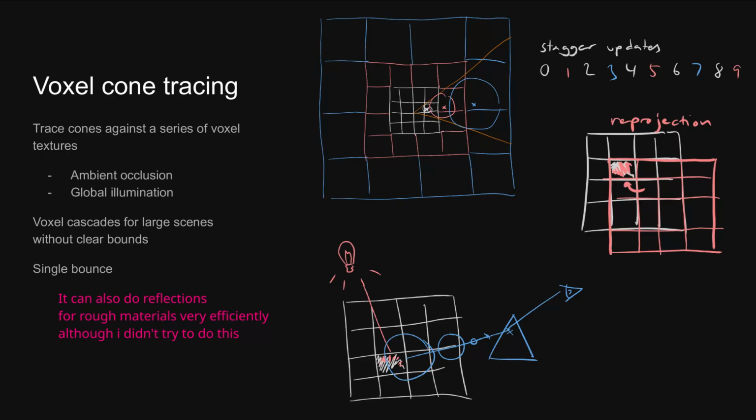Unlike ray tracing, voxel cone tracing simplifies the scene by voxelizing it into a series of MIP-mapped voxel textures. So you get both high-resolution voxelizations of the world as well as simplified ones. And then while tracing, you sample the fine-resolution voxels when you're close to the point you're sampling, and then bigger and bigger ones as you move out, which enables you to get a really good speed up